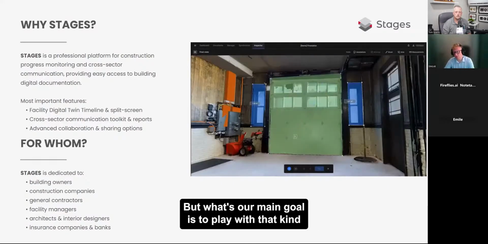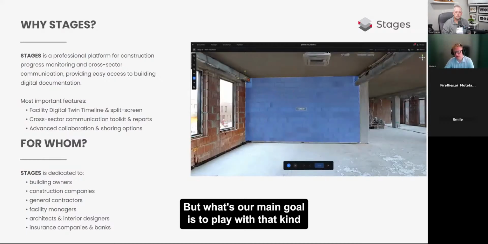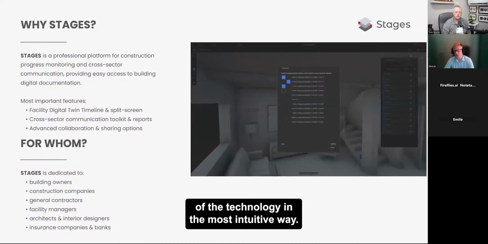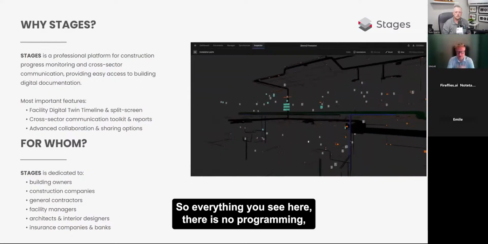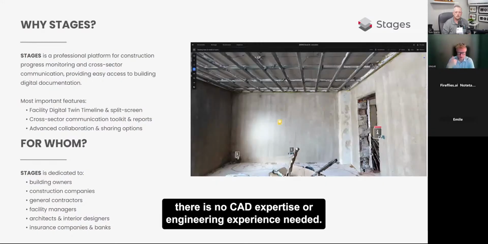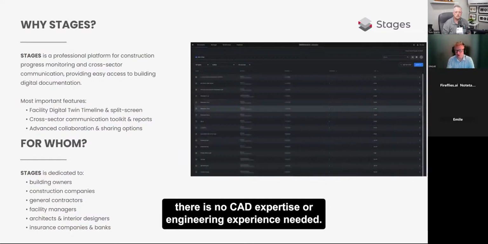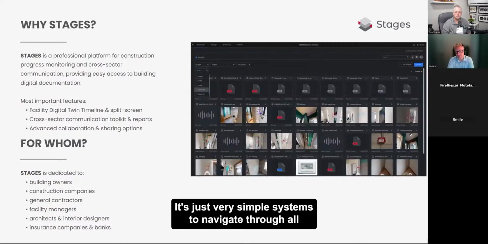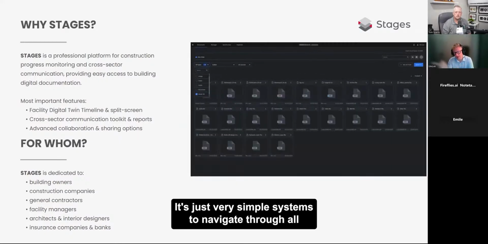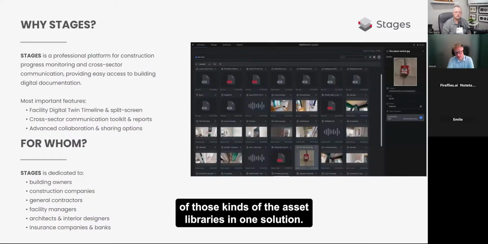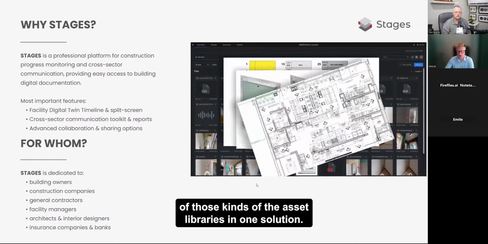But our main goal is to play with that kind of technology in the most intuitive way. Everything you see here, there is no programming, no CAD expertise or engineering expertise needed. It's a very simple system to navigate through all of those asset libraries in one solution.